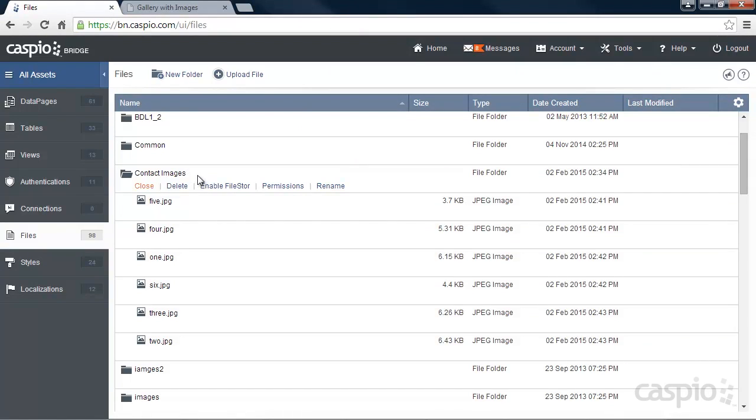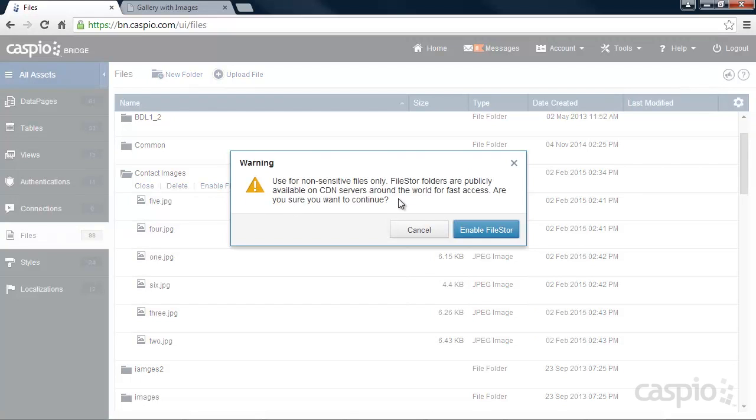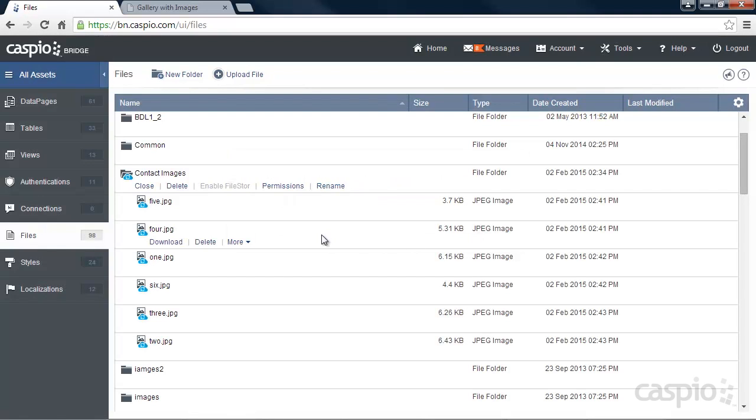At the moment, all 6 images are stored inside my Caspio account, but when you click on Enable File Store, a copy of each image is placed on Amazon's CloudFront CDN, and your application is automatically adjusted to serve those files and images for optimal performance. Once you bypass the warning message that notifies you to only enable this feature for public files and images, and depending on how many images you currently have inside that folder, it may take a few seconds for it to